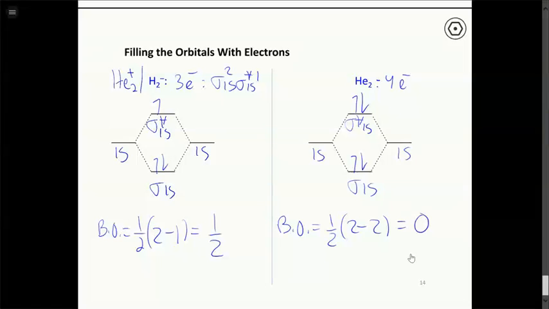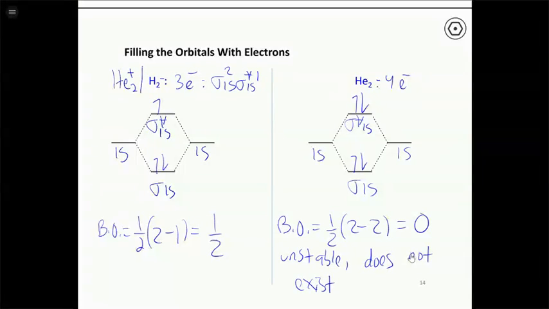Now, what exactly does it mean to have a 0 bond order? We can't just stop here and assume this means nothing. So when you have a bond order of 0, that means there isn't a bond at all. And so that means He2 is unstable, or another way to say that is that it does not exist at all. So whenever you predict a bond order of 0, it means that the molecule doesn't form a bond and it doesn't exist. And so we would predict that noble gases don't form bonds with each other, and the molecular orbital diagram rationalizes that because we've completely filled the bonding orbital, we've completely filled the anti-bonding orbital. Those two cancel each other out, and we have no net bond in this molecule.